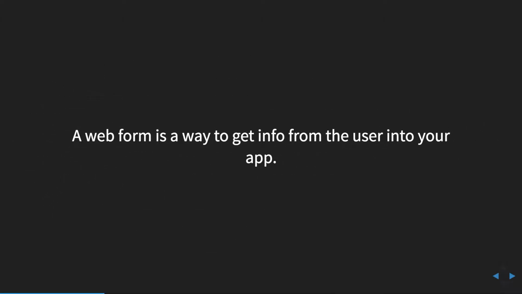So basically, what is a web form? A web form is a way to get info from the user into your app. So for example, when you open Google, there's a form right there. What do you want to search? You type what you're searching, you hit search, it takes that information from you and searches the web, right? When you log into something, you're giving your email address or your username and then your password. Those are forms, and the app is taking that information